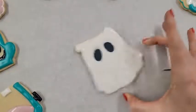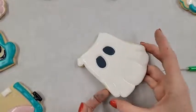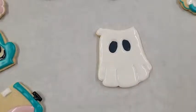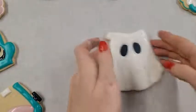Shake it a little more. I see the side hair is kind of up still, so. All right, so see how his eyes are inset like that? Very cool. Love that technique. Okay, next thing. Let's do our